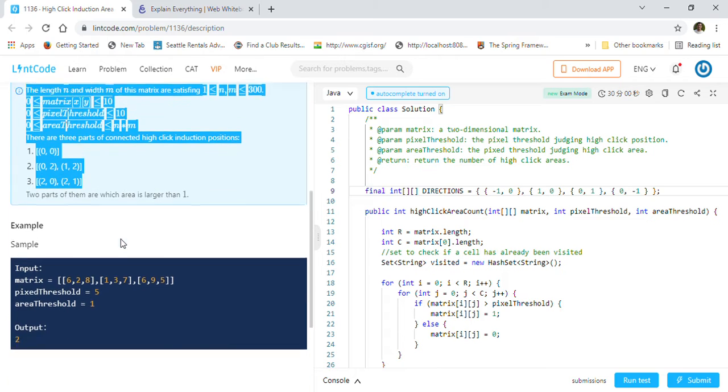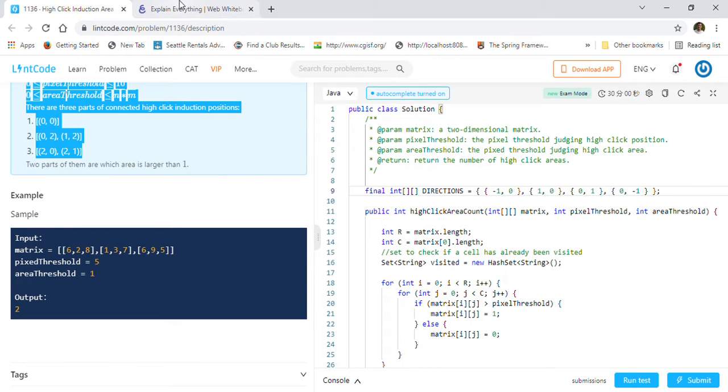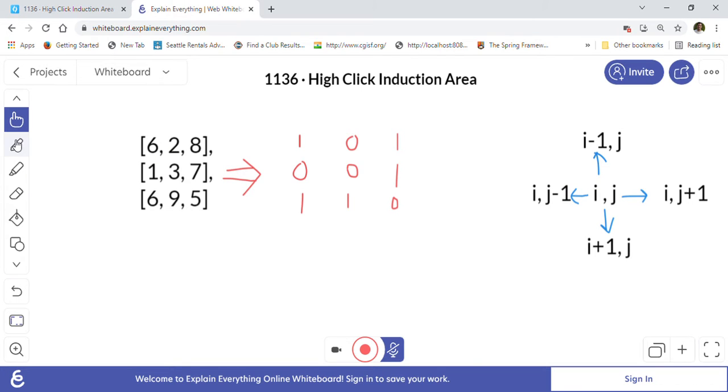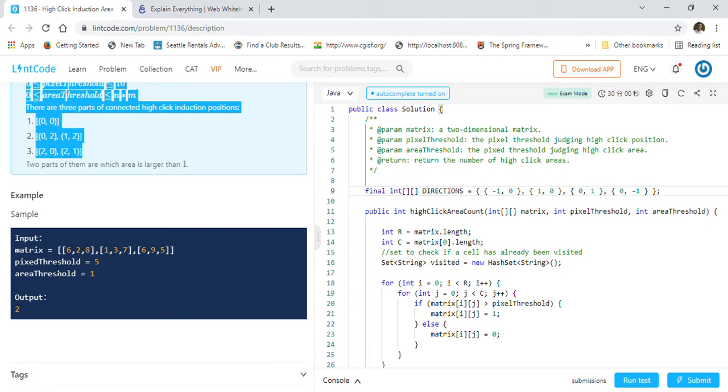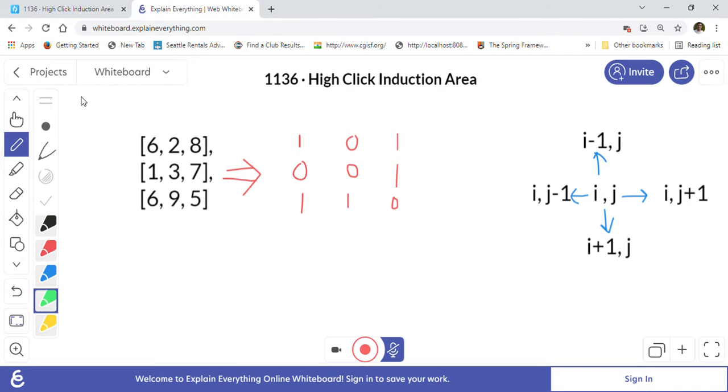Let's take this example so I can explain what the problem is and what we are trying to find out. In this example, the pixel threshold is equal to 5, and the area threshold is equal to 1.